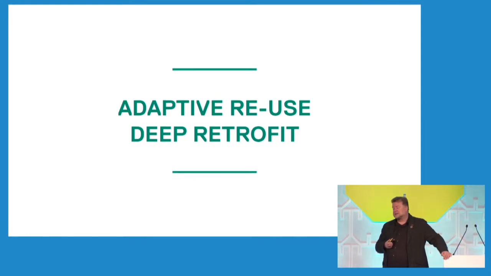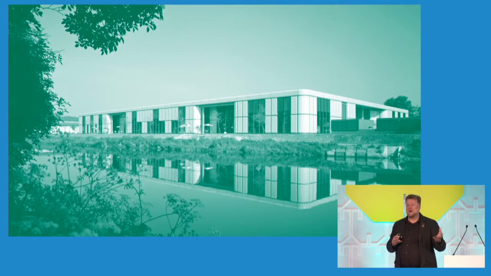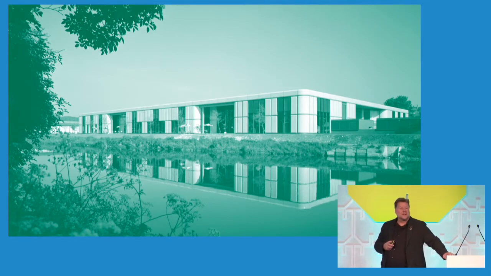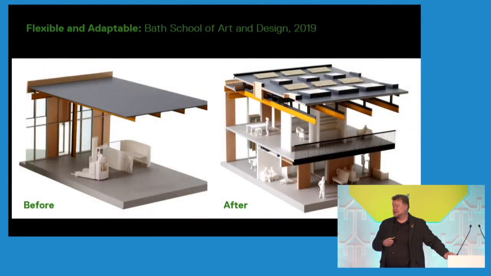So one of Nick's earliest buildings, which was the Herman Miller factory that was designed in 1977, came to the end of its life in 2017 when we built a new facility for Herman Miller and moved them into it. And over the last 2 years, we've actually taken it apart. And the great thing is the building just comes apart as a kit of parts and you can change it. And it's been rebuilt now as the Bath School of Art and Design, which just opened about a month or so ago. So you can see it on the left as a factory, and on the right now is the School of Art and Design.